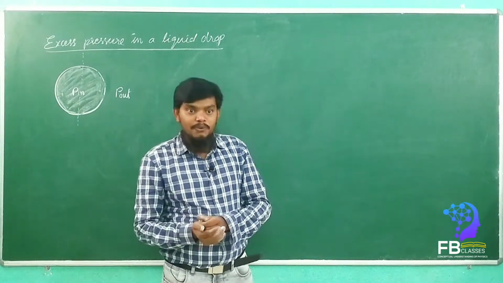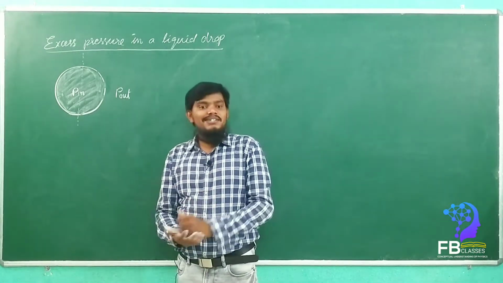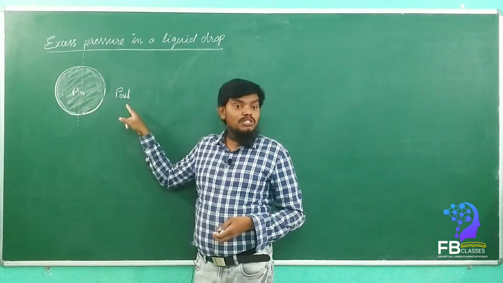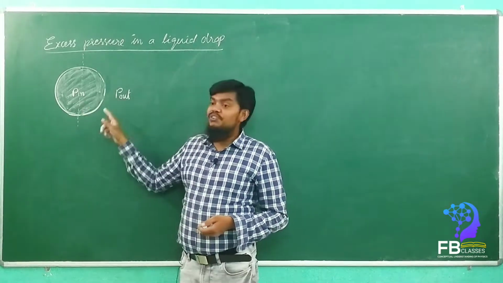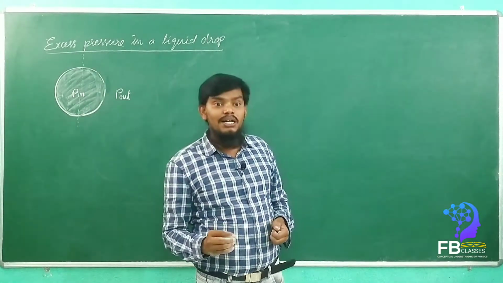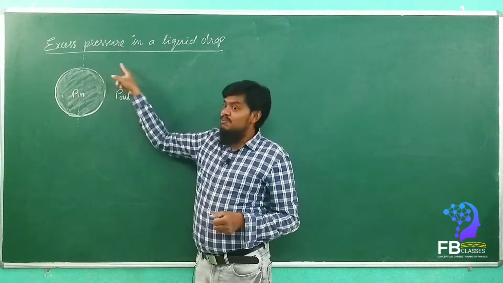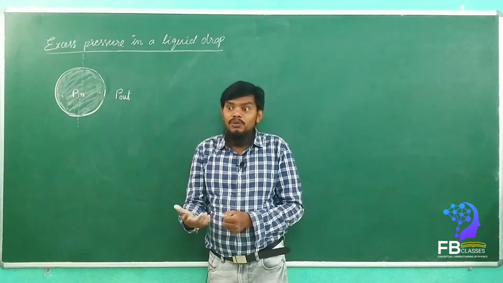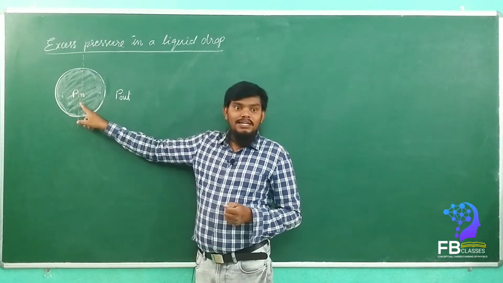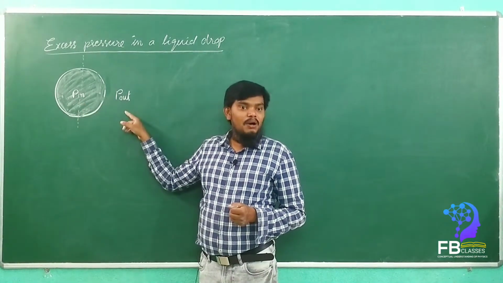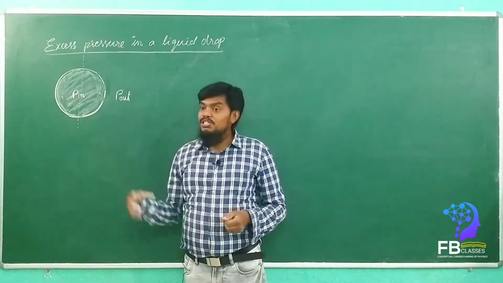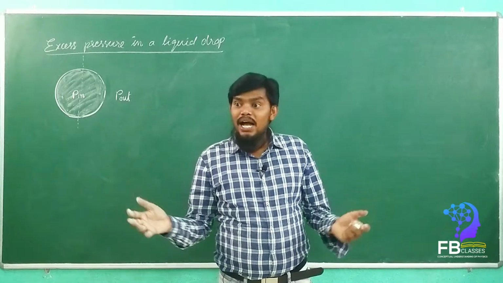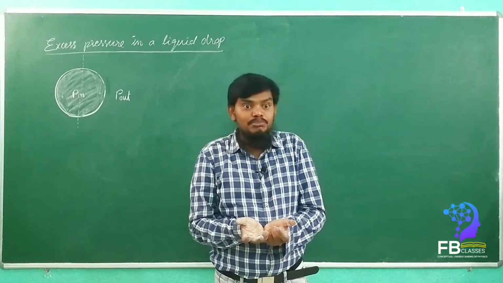So that means the liquid drop will occupy its own volume. Are you getting my point? In general understanding, if you think very carefully, the inside pressure is more than the outside pressure. The difference between the inside pressure and outside pressure we can call excess pressure. How much pressure is more? How can we find out? We can find it as inside pressure minus outside pressure. Because the inside pressure is more compared to the outside pressure, it can occupy its own volume.